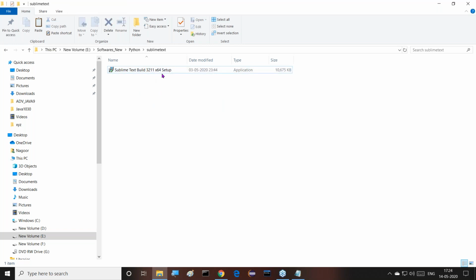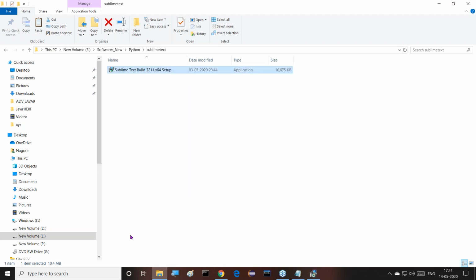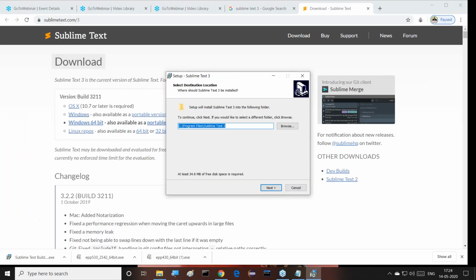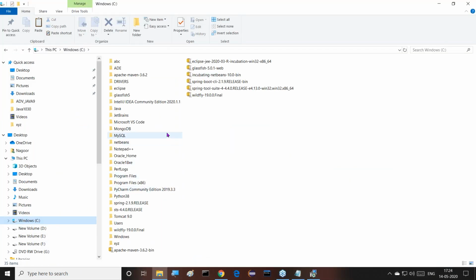I want to execute this. Previously I uninstalled that Sublime Text. Now again I'm going to install it. It's very simple, sir, the installation of Sublime Text. Double click on it. If you double click on it, automatically it's asking like this, Sublime Text 3 setup. Click on the button. Now it is asking about the location. So what location do I want to specify there? Before that, at my C location, C folder, we already prepared that Sublime Text something else.